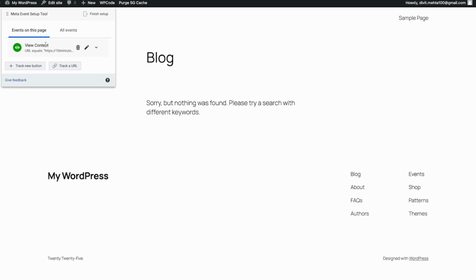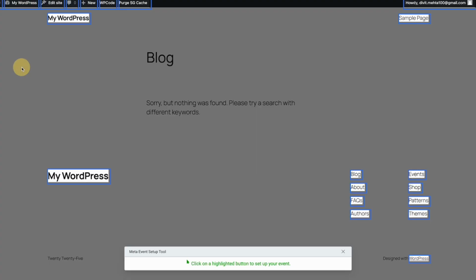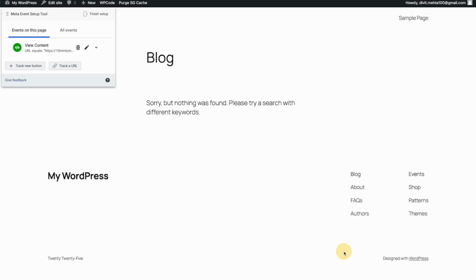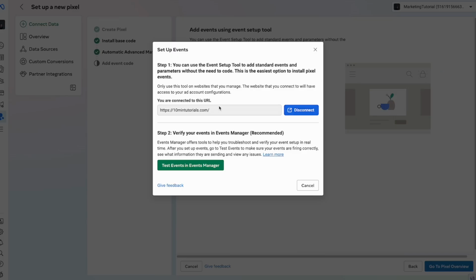Similarly, you can do that with a button click too. So for example, if you want to track a new button, these are the different buttons Facebook is telling us you can track based on it basically crawling your page, and you can set it up accordingly. So I'm just going to go ahead and actually press this X option right here to keep it at view content. Now, once you have your event good to go, we can go back to our business manager over here